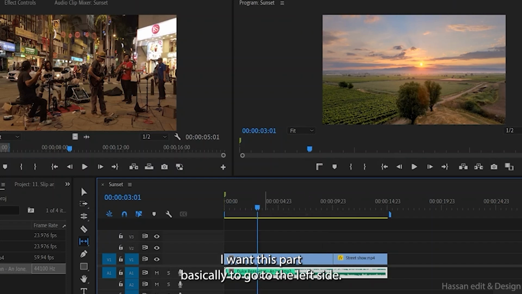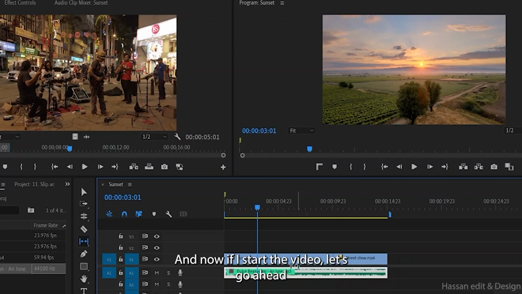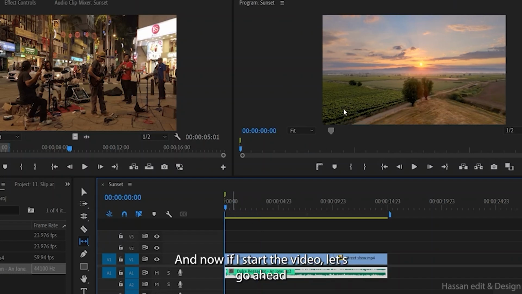Okay, I want this part basically to go to the left side, and here I notice that it is 3 seconds in my playhead position, so I'll basically move 3 seconds to the left side in order to make it start a bit more quickly, right? So let's do it, select it, and then there you go. We reached 3 seconds on our monitor panel, so let's let it go. And now if I start the video,